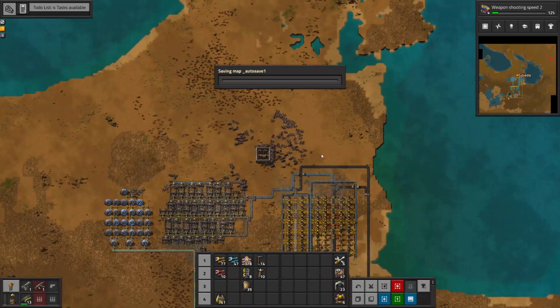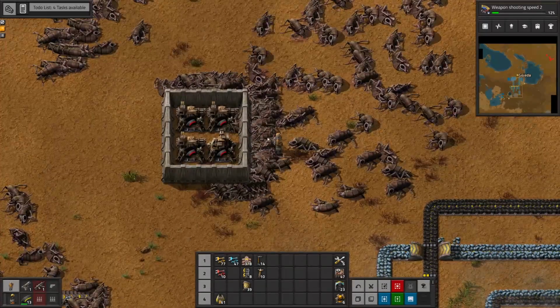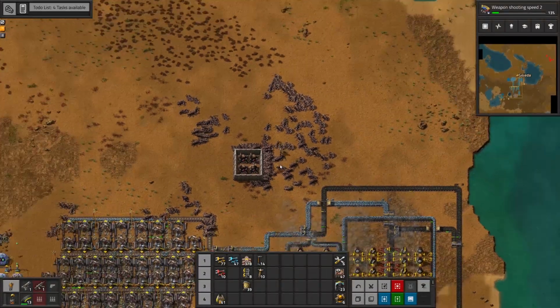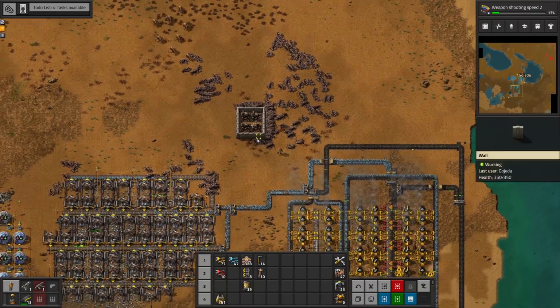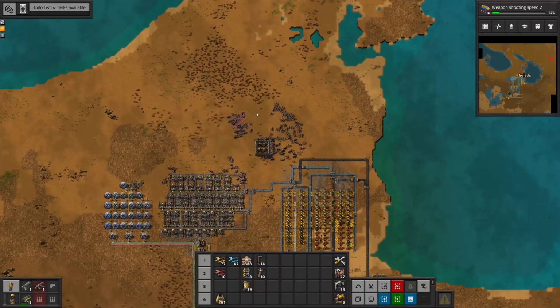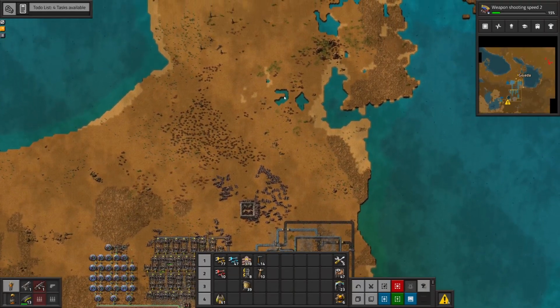Previous episode, we were getting destroyed by biters, and our current, very temporary setups are doing their job, as you can tell by all these bodies. We are not getting destroyed quite so quickly. Oh, there's an attack coming in. So you can see here, the turrets are quite nicely managing to deal with the small biter attacks that we